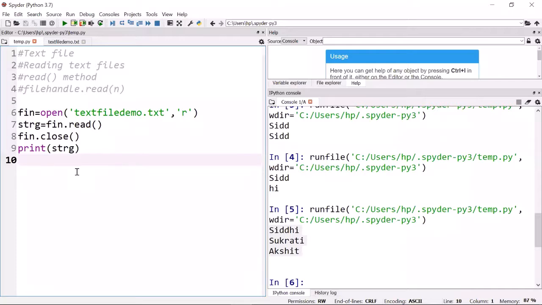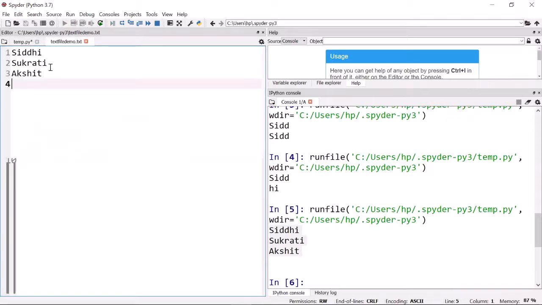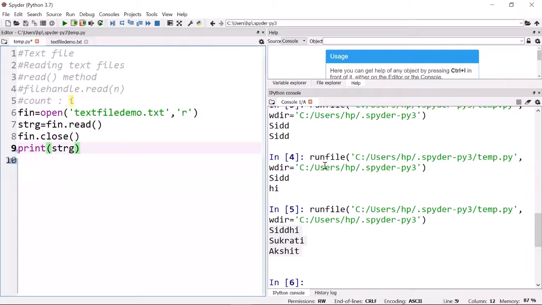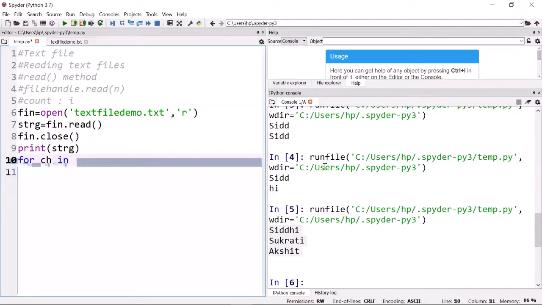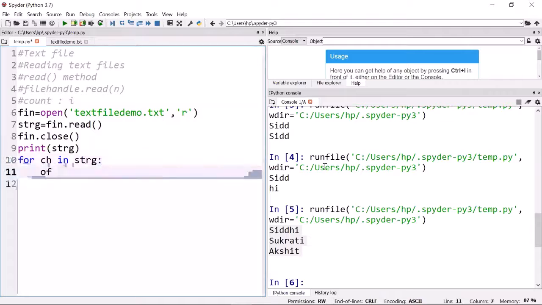Based on this much knowledge, we can do some programs, like we want to count how many times a particular alphabet occurs. Say we want to count i. Let us have a look in the file: Siddhi Subrati. The i is coming 4 times. We have a string variable, the entire file is in a string variable. So just like you access a string, for a character ch in our string variable, if ch is small i, we want to count only small i, we increase the counting variable.